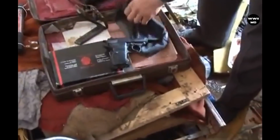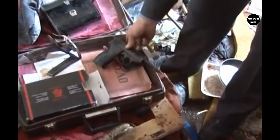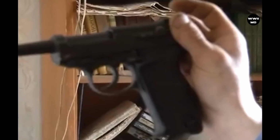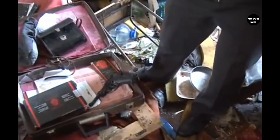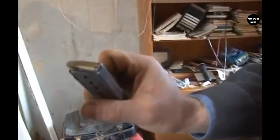Another World War II pistol was found by the police officers in the apartment of a man suspected of crimes. The young man hadn't paid the utility bills for a long time, and when the workers came to disable the heating system, he took out an object looking like a gun and started threatening them. The police arrived at the scene and tried to detain the man, but he turned the gun on the officers. During the ensuing fight, the man hit the policeman with a weapon in his head and face several times, but